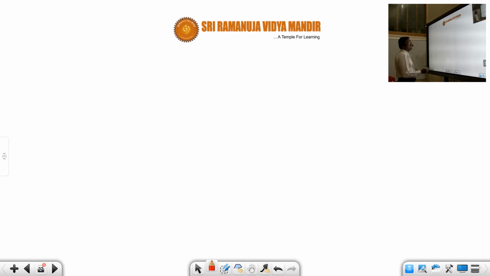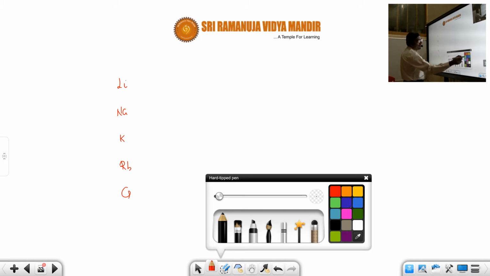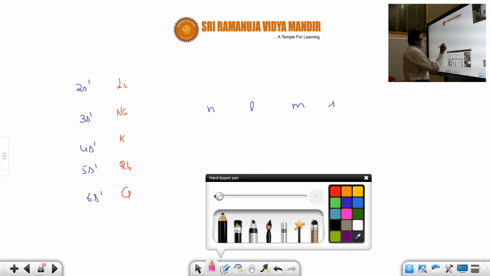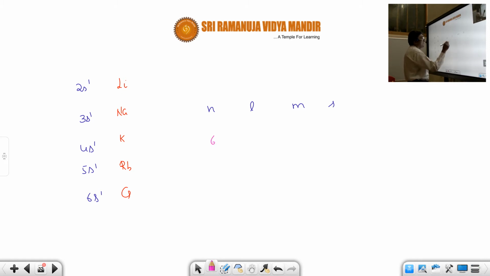So now let us see here. Lithium, sodium, potassium, rubidium, cesium. You know very well the electronic configurations. Lithium is 2s1, this is 3s1, 4s1, 5s1, 6s1. So let us write for cesium. Cesium, what are the n, l, s values? The n value is 6. The l value will be 0 for an s orbital. The m value also will be 0. And this is 1, which means plus half, because 6s1 is up. I hope you are very clear how to write.